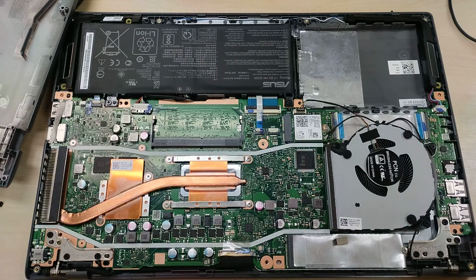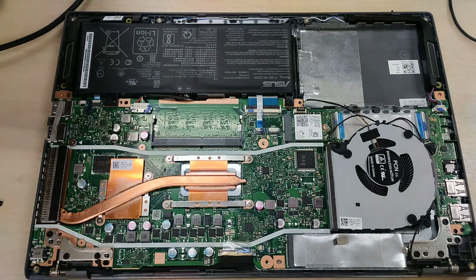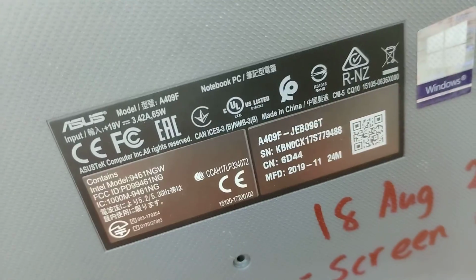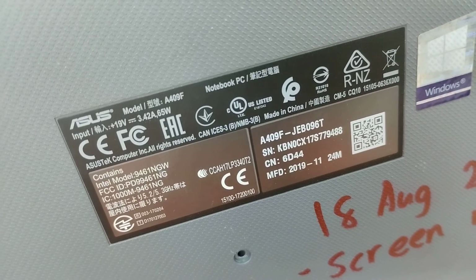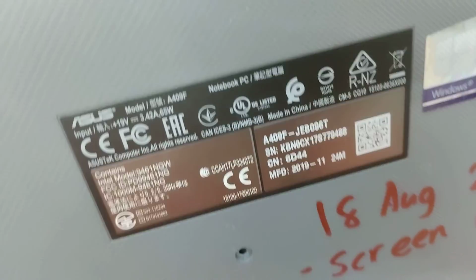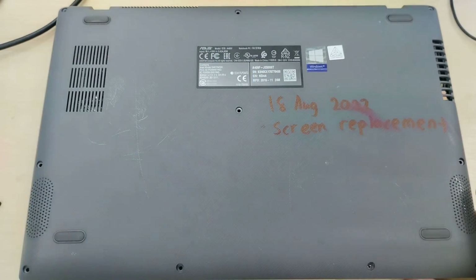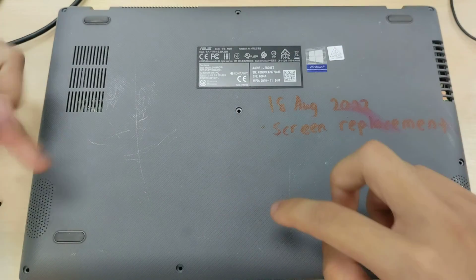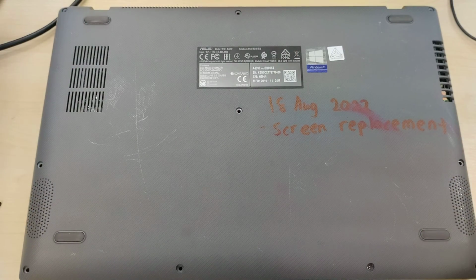This is the internals of an Asus A409F laptop. You get access to the internals by removing the base cover. Indeed, this is an A409F JEB096T. The laptop lid is screwed in with 1, 2, 3, 4, 5, 6, 7, 8, 9, 10 screws, and